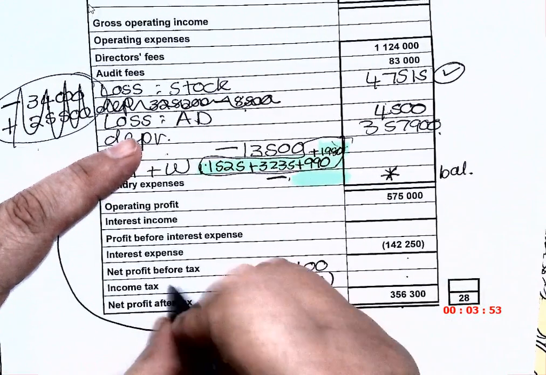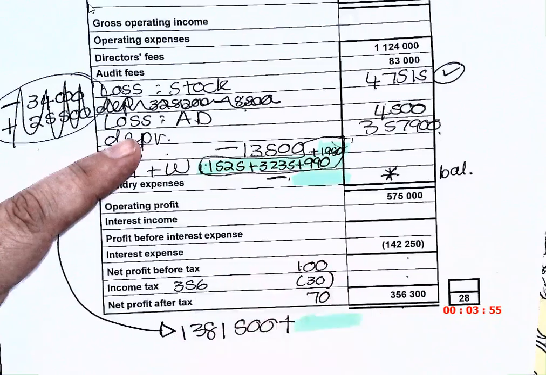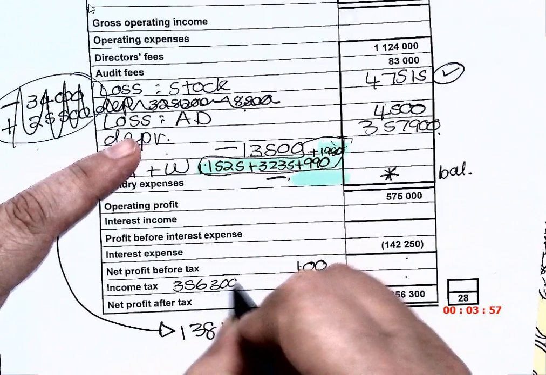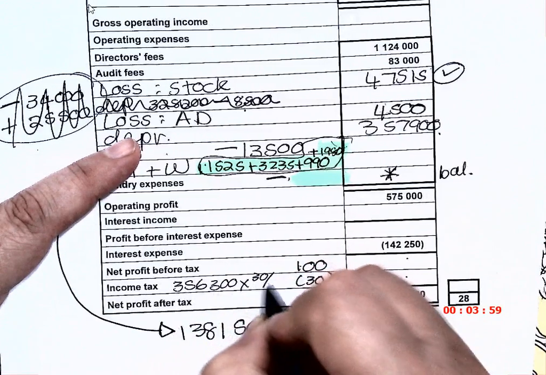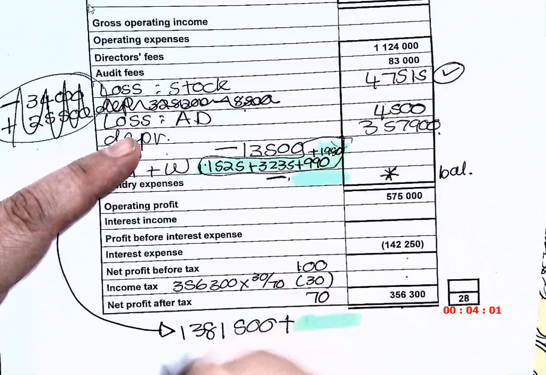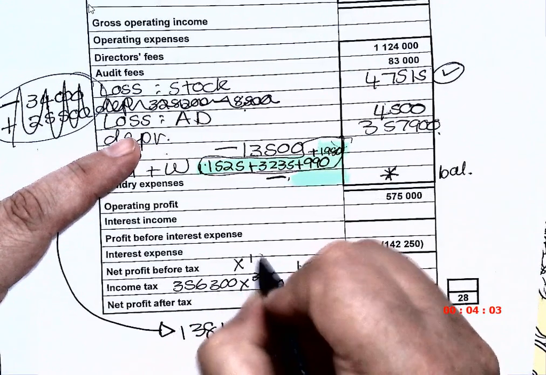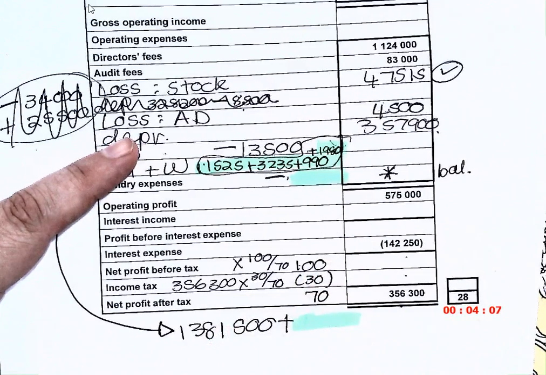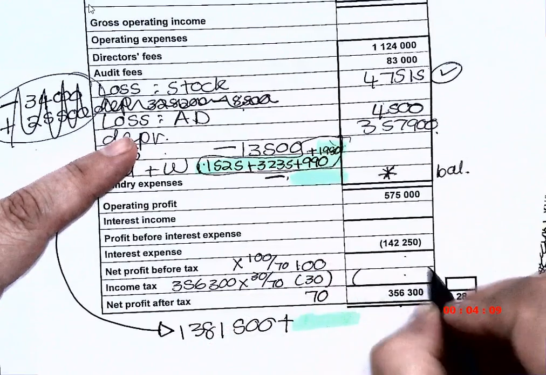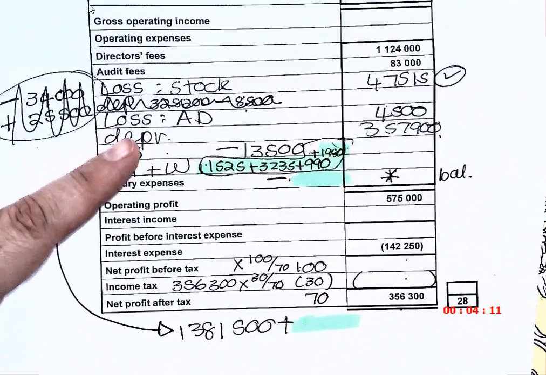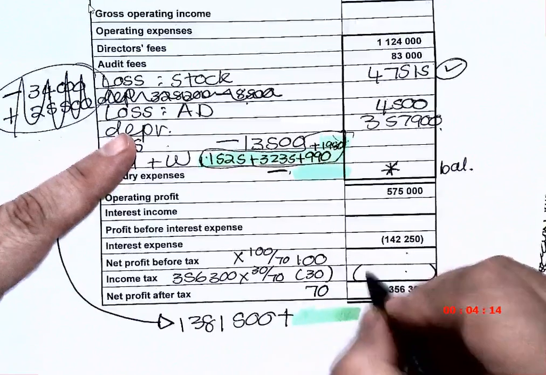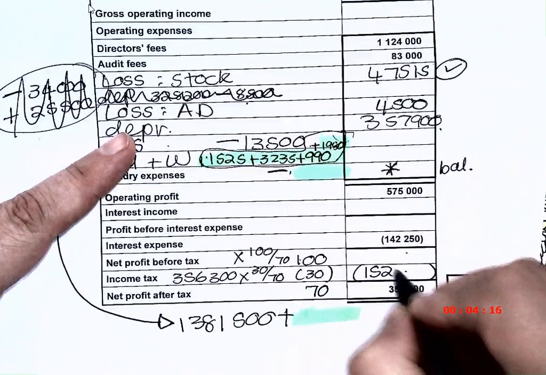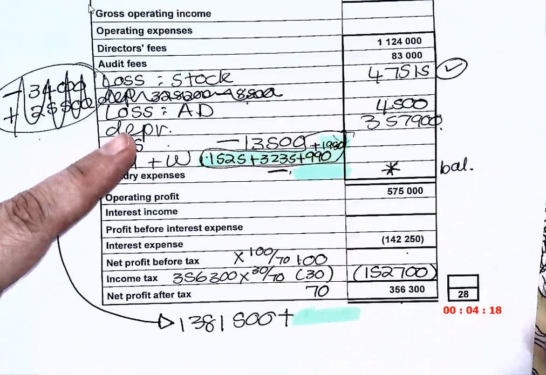So I say 356,300 times 30 over 70, or if I want to do it here, it would be times 100 over 70. And what do I get my income tax? Please remember it's a minus. And if I add it back,